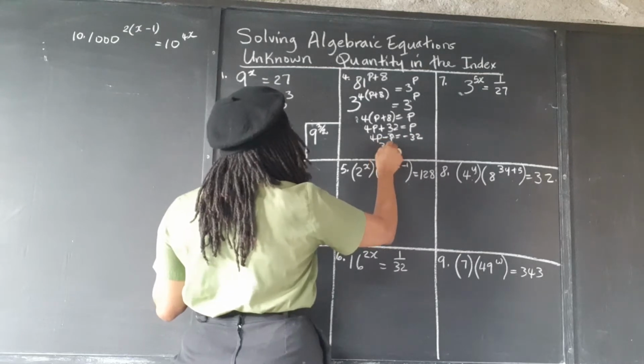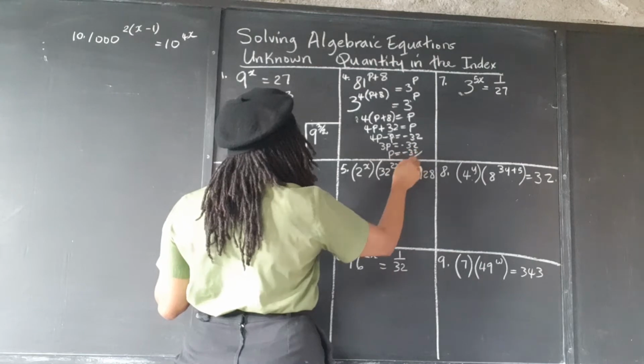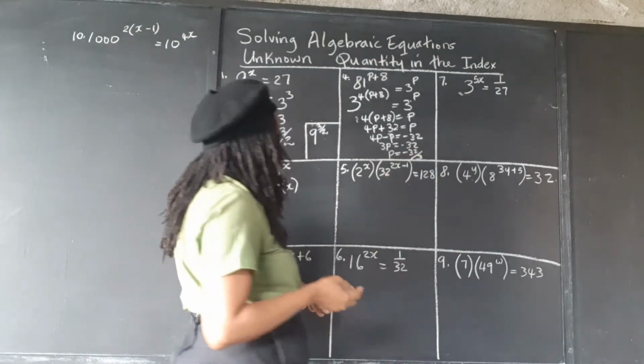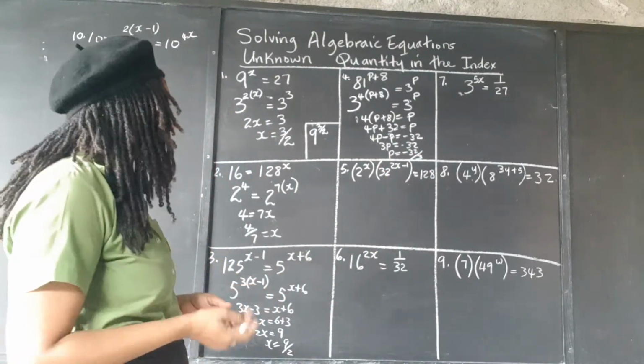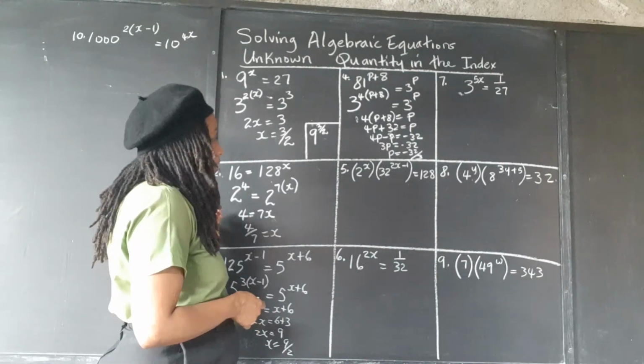So 3p is negative 32. P is negative 32 over 3. And we can leave it like that, or we can change it to a mixed number. Alright. Now, here we have